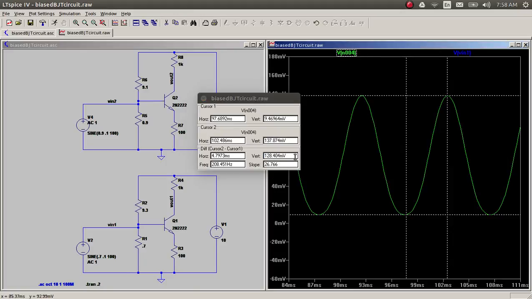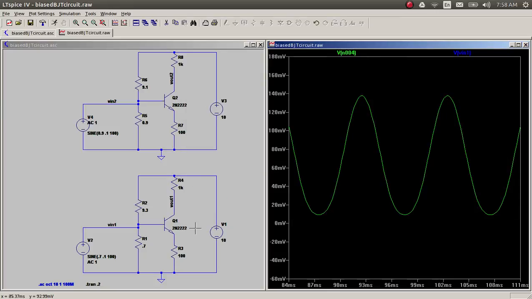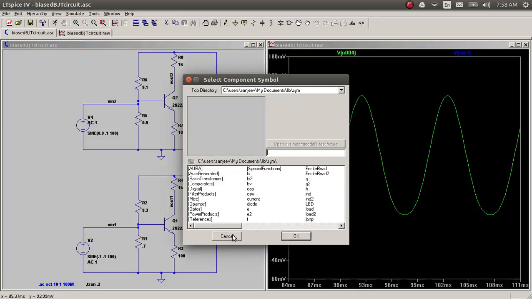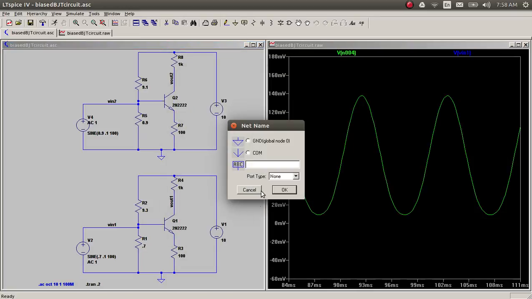And for the vertical delta that we are seeing, perhaps we should name this node. We'll call it emitter 1,